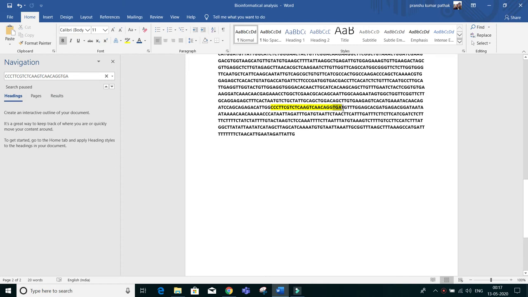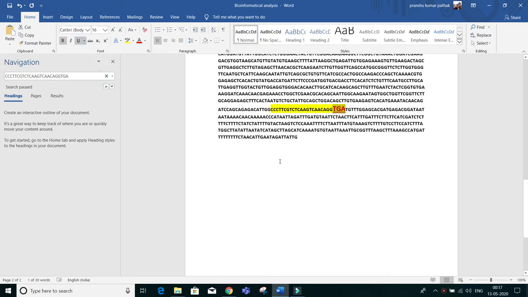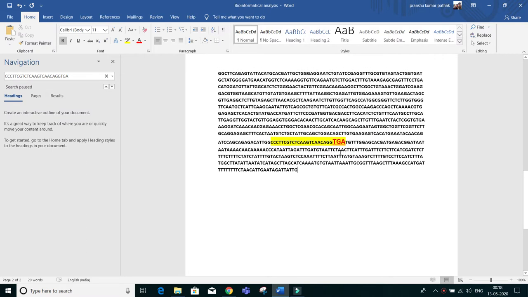From this TGA your protein synthesis will stop. Just click on the red and underline it, and you can increase the size. So this is your stop and start, and from there this is the 3' UTR region, guys.